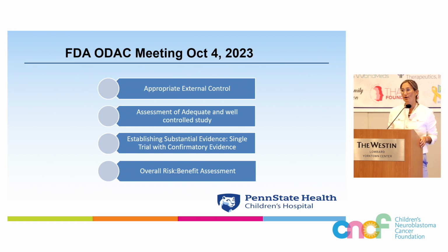This led to an ODAC meeting, which is the Oncology Drug Advisory Committee meeting, on October 4th of 2023. They bring in an advisory board, and then us as the researchers and the company present our data, and then the FDA presented their evaluation, all of the statisticians at the FDA and their work, and then a really open discussion. What was really moving at this was after the lunch, there was a 1-hour open public forum